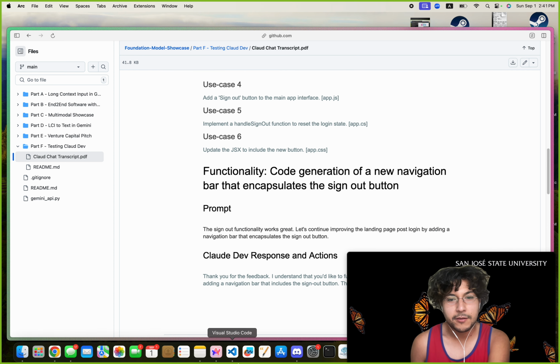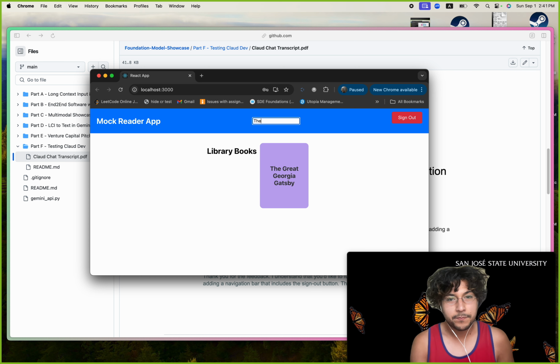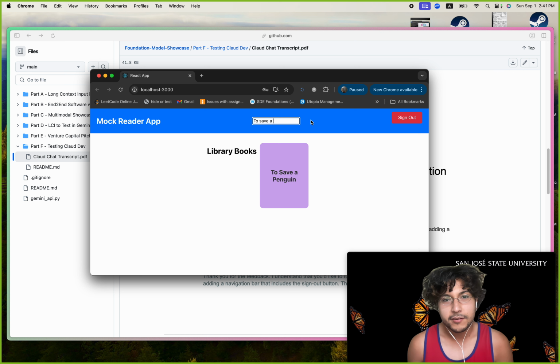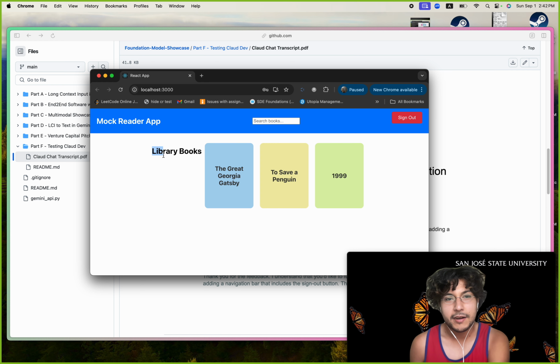So now we'll talk about how it actually implemented it. You can see there's a navigation bar here. It actually moved the title of the project to the navigation bar, which I thought was neat, even though I didn't ask it to. It also encapsulated the sign out button and the search toolbar like I wanted. The search functionality is great. And another cool feature that I didn't expect is that each time you enter a character in the search toolbar, the color of the book changes. I asked it to create random colors for the books, so I think this is an unintended effect, but I think it looks fun. It also added this library book header,